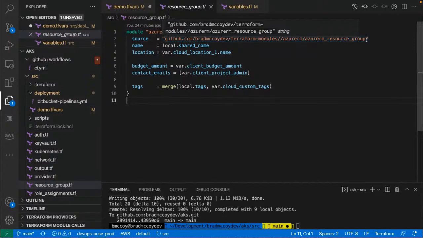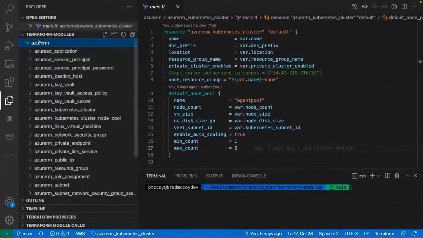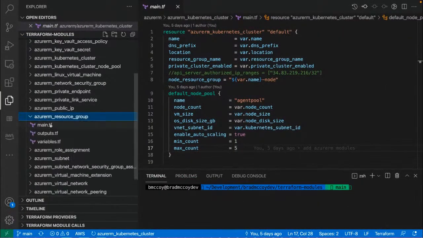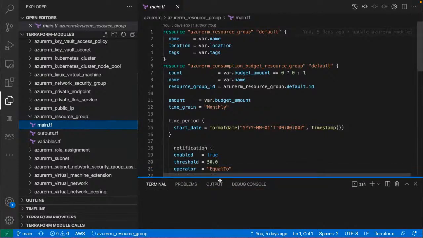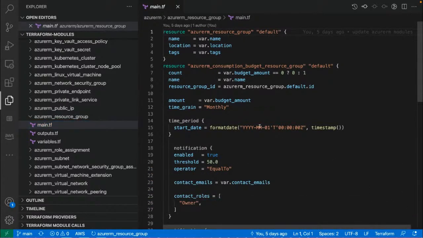Brad, could you just go into the resource group module in your GitHub for a sec, so we can show what we mean by the version controlling and enforcing certain things. In this case, what you see here is it's not just a resource group that we're creating. We're also creating a consumption budget. So when you create this resource group, you're passing in a few parameters, such as what's the budget allocated to that resource group on a monthly basis, and who should be sent a notification if that budget is exceeded. These two combine together, and if we go back to the module resource group that you had before,